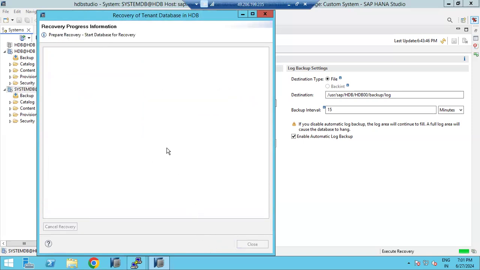So then click on the finish button here. Now see, the logs will also be applied. Logs after the backup will also be applied here, right? So that will happen only up to 6:45, the data will be recovered. Specific timestamp, point in time recovery, or